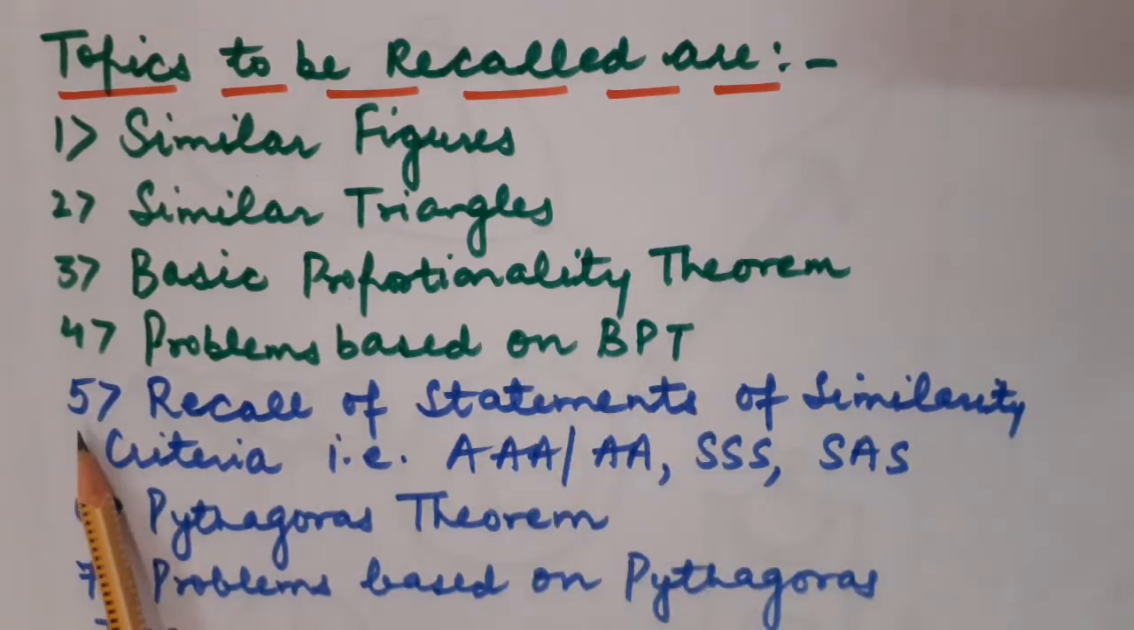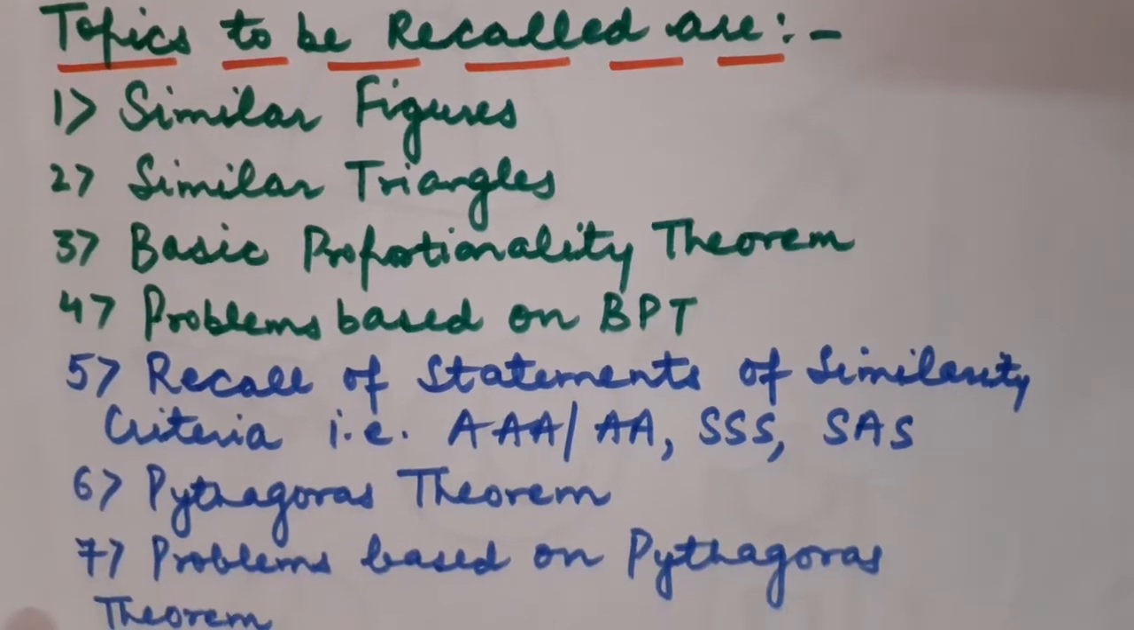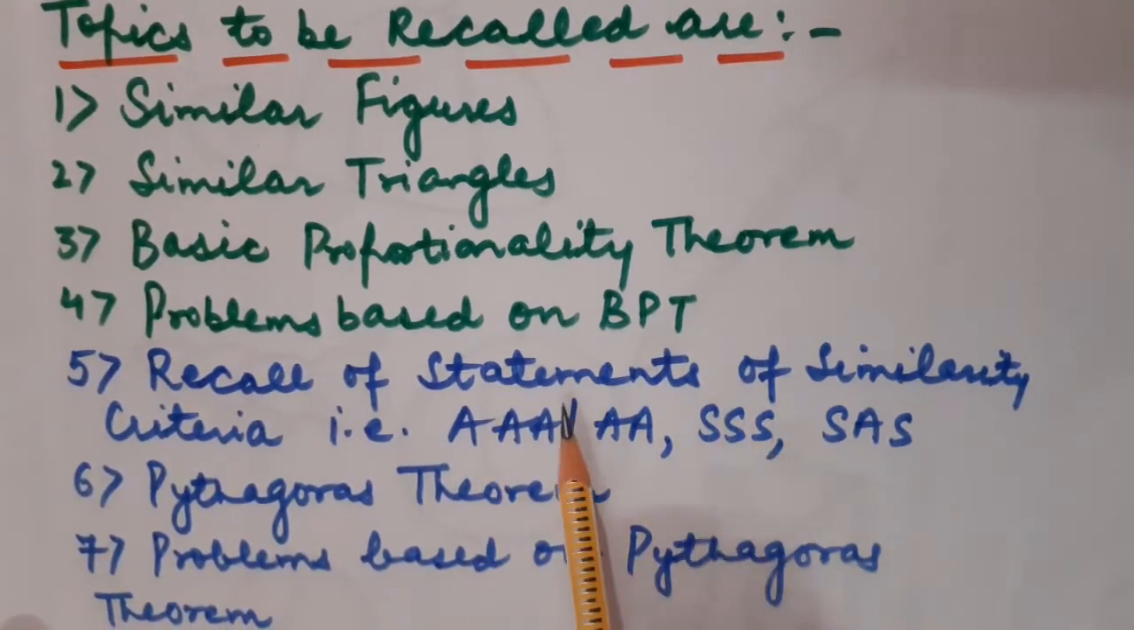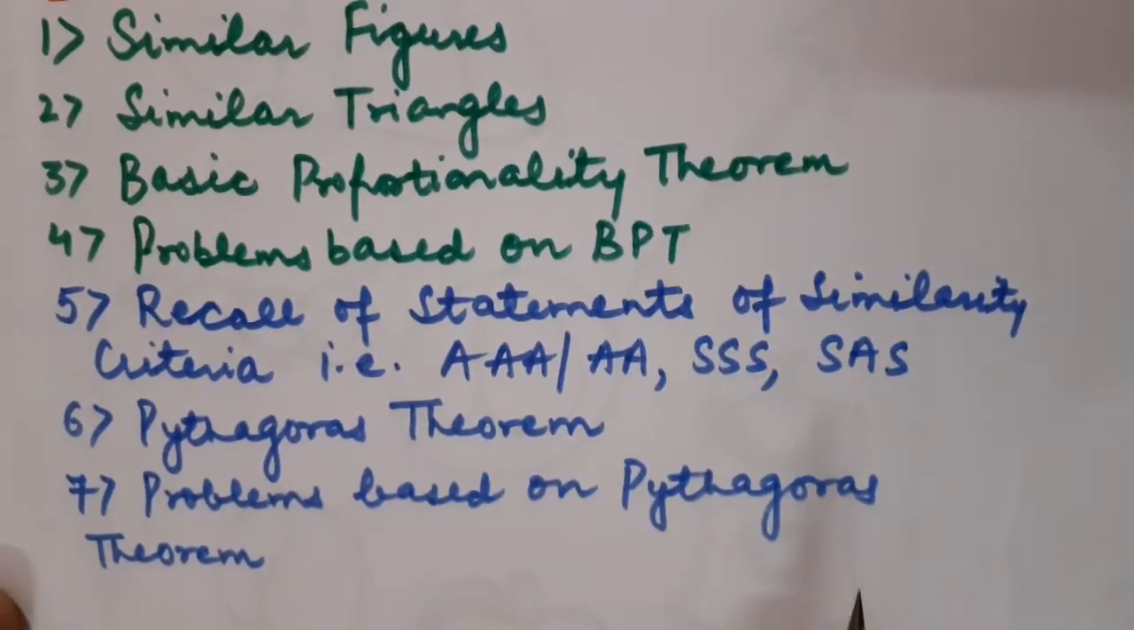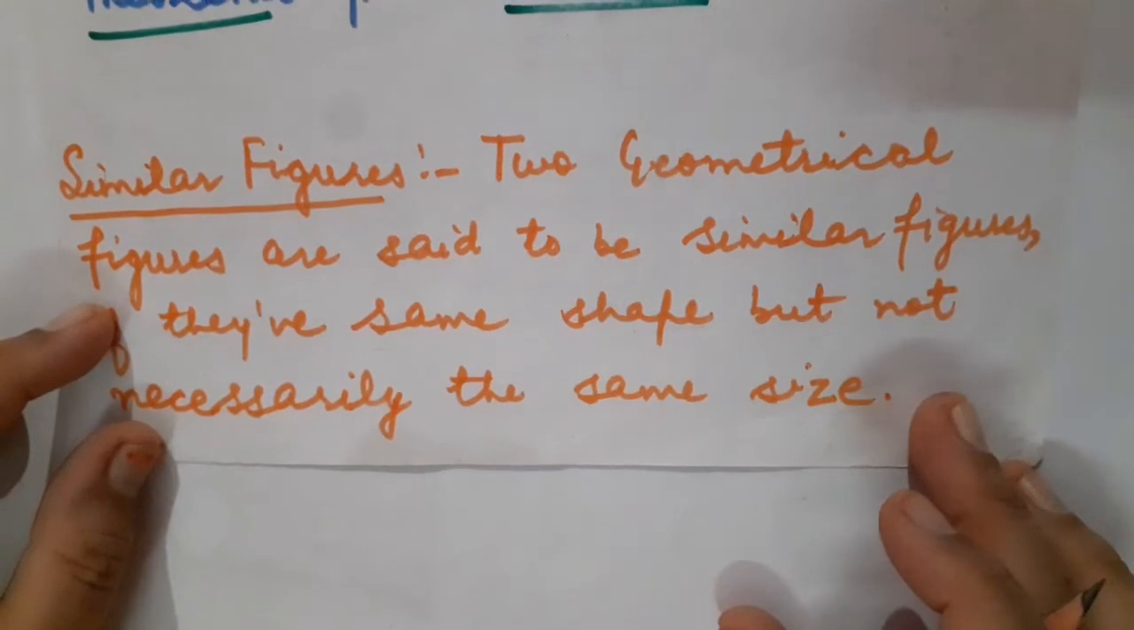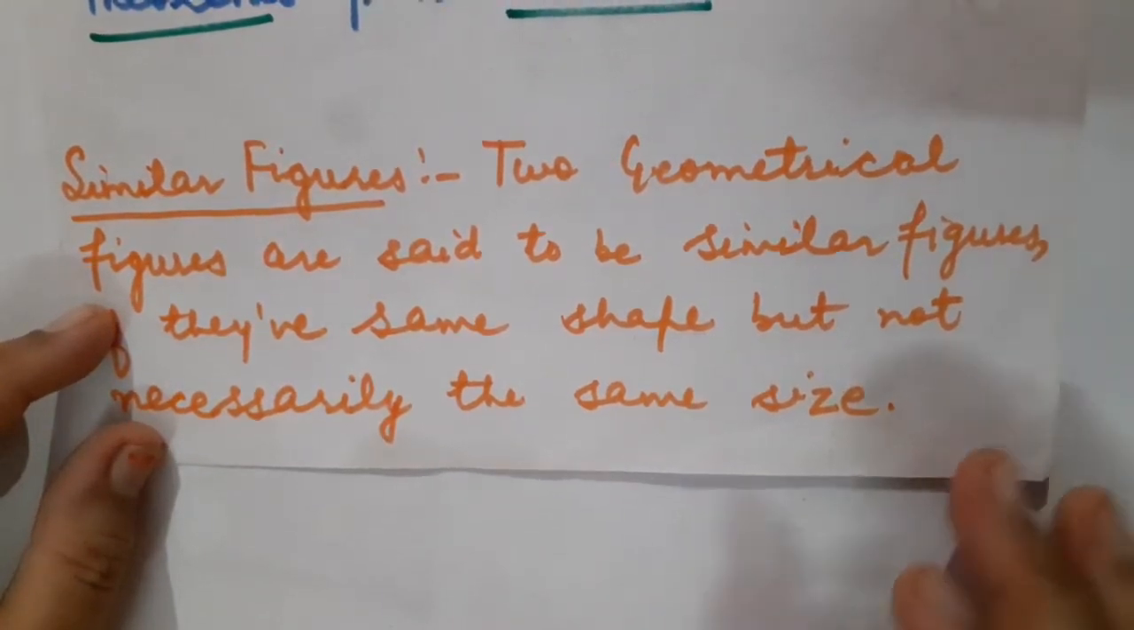Okay. Then the fifth topic which I am going to make you recall is the statement of all the similarity criteria, that is AAA, or we call it AA also, SSS and SAS. Clear? After that, the sixth topic which we are going to recall today is the Pythagoras theorem. And ultimately we will be doing some problems based on the Pythagoras theorem. Got it, children? So children, I am going to start my summary lecture with the very first topic, that is,